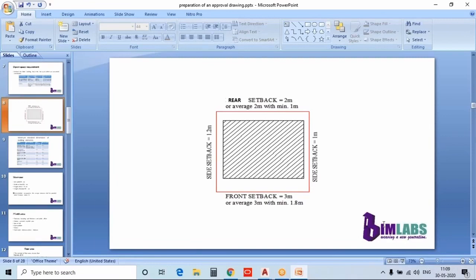What will be the setback distance if the building site is near highways? Setback distance. For all buildings, you have to maintain a minimum distance from the abutting street, or any street through which vehicles pass. You have to follow these setback distances: 3 meters, 2 meters, 1.2 meters, and 1 meter.